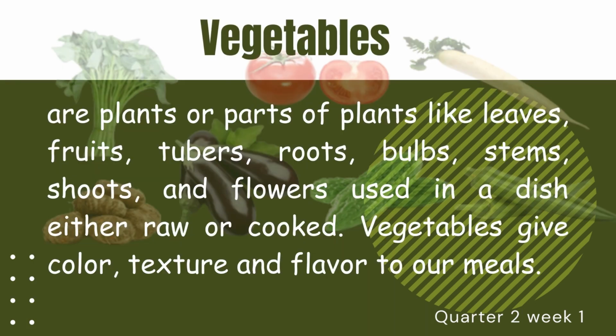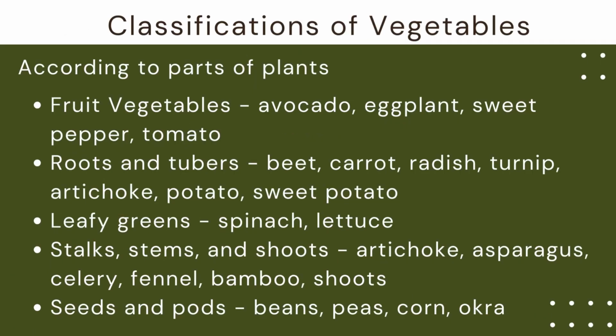Learning Task 2, directions: Read and understand the information about vegetables, and be able to identify ingredients in different recipes you are preparing at home. Information Sheet number 1: Vegetables are plants or parts of plants like leaves, fruits, tubers, roots, bulbs, stems, shoots, and flowers used in a